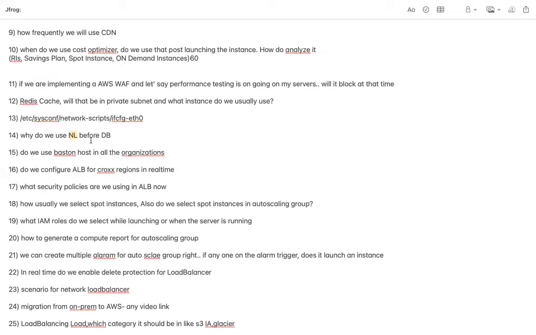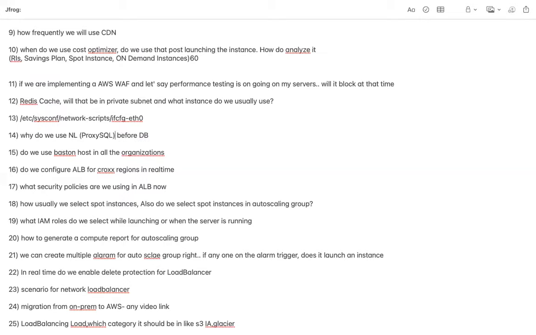Okay, so let me tell you, let us say you have a master database and a slave database. Currently you have one master and one slave, but going forward you have one master and 5 slaves. How are you going to ensure that all the write queries go to the master and all the read queries go to your slaves? For that, rather than calling it a network load balancer, we should call it ProxySQL. Okay.